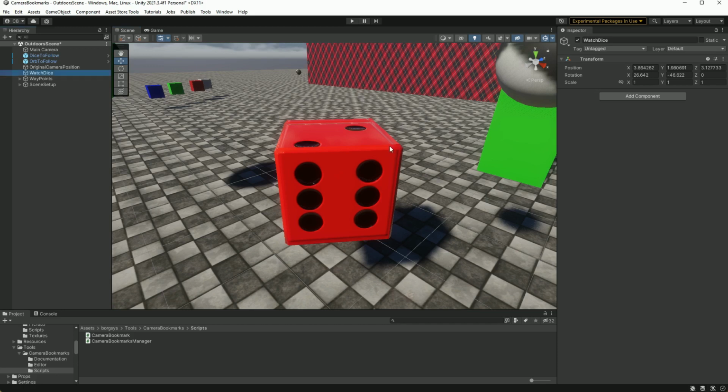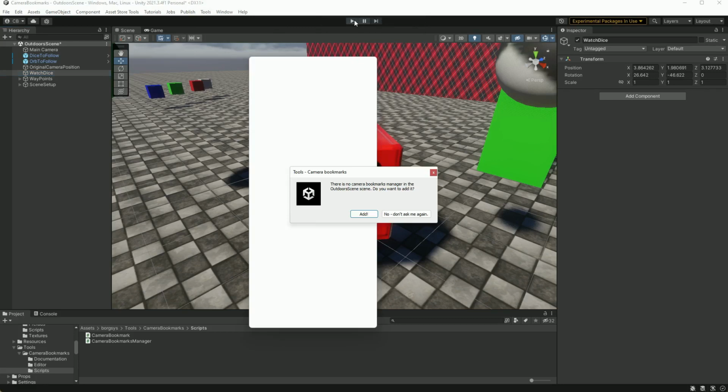So let's set up camera bookmarks for a scene. We've already imported the asset, so we go to the menu, Tools, Borgsys, Camera Bookmarks, and Show Camera Bookmarks Editor. This opens up the Camera Bookmarks Editor window, also named Cam Bookmarks window. When the Camera Bookmarks Editor or Cam Bookmarks window is showing, it will check the scene for a Camera Bookmarks Manager. If not found, you will get the question to add it to the scene. So we click Add,